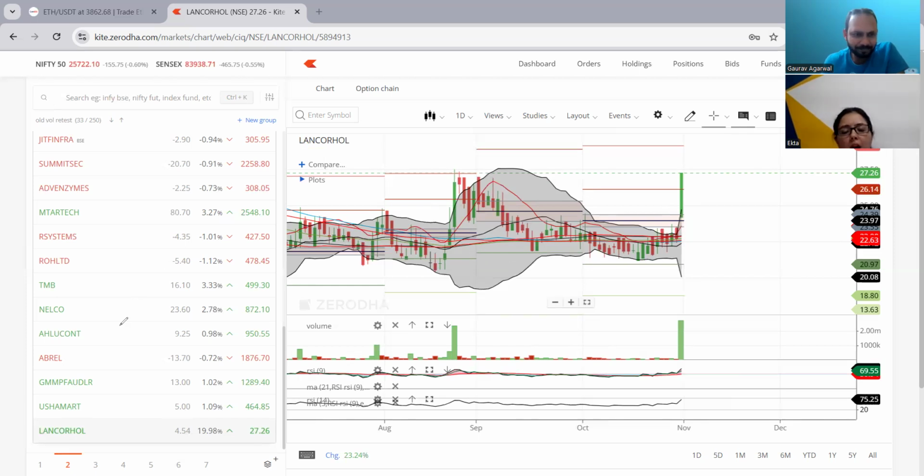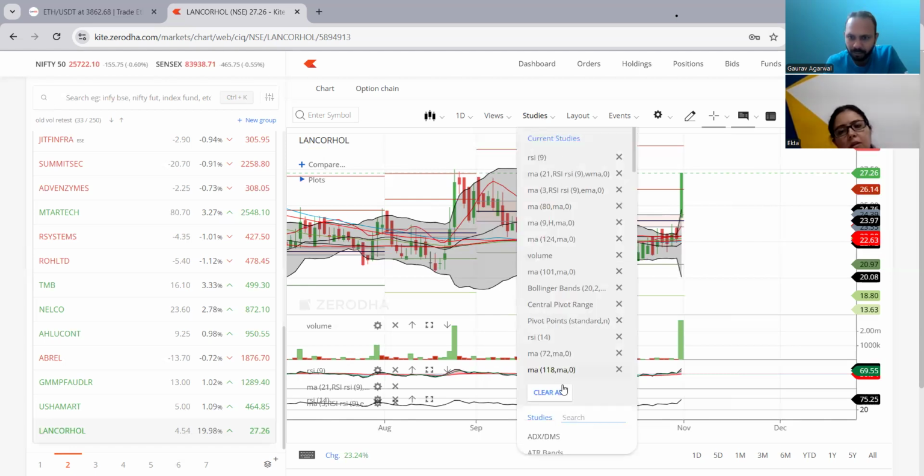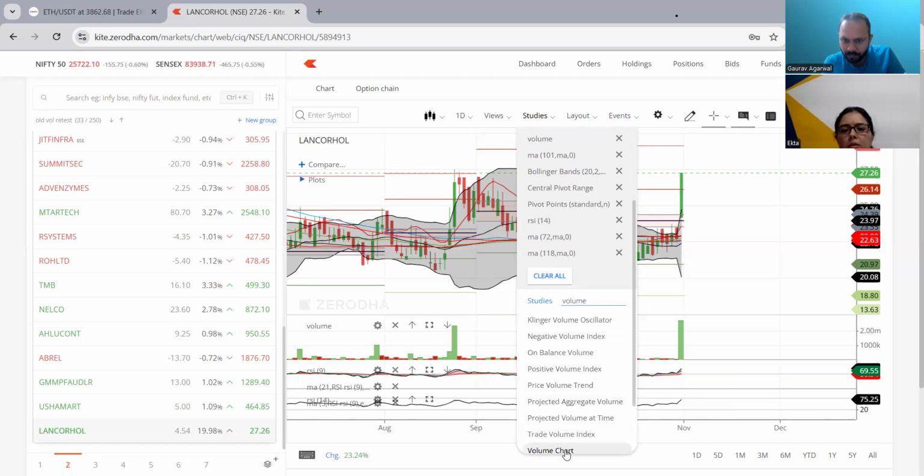How do you get this on your chart? I don't see this here. I have created some scanners and I have to see some charts manually. I'll show you one Excel sheet which I downloaded from the scanner. But this is on Zerodha, right? I have to check in Zerodha only. How did you get this volume tab? Here we have studies, and under studies you can plot volume. See, here it is, the volume chart. You can plot it from here.